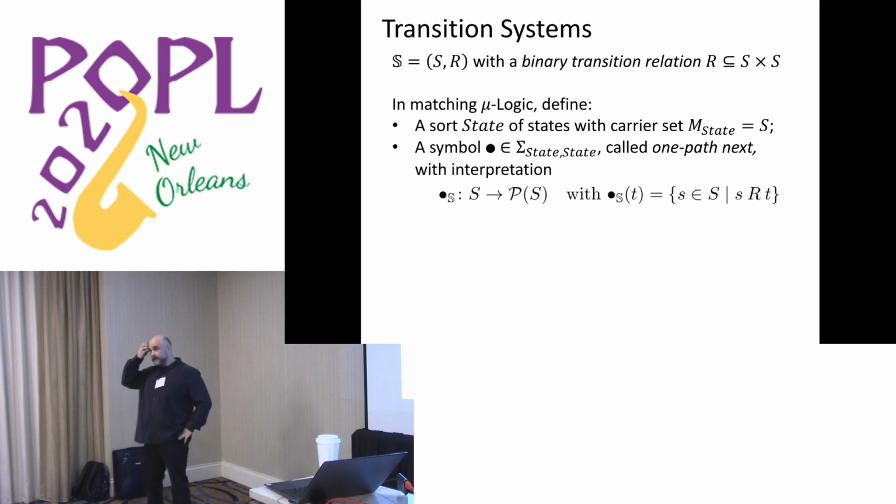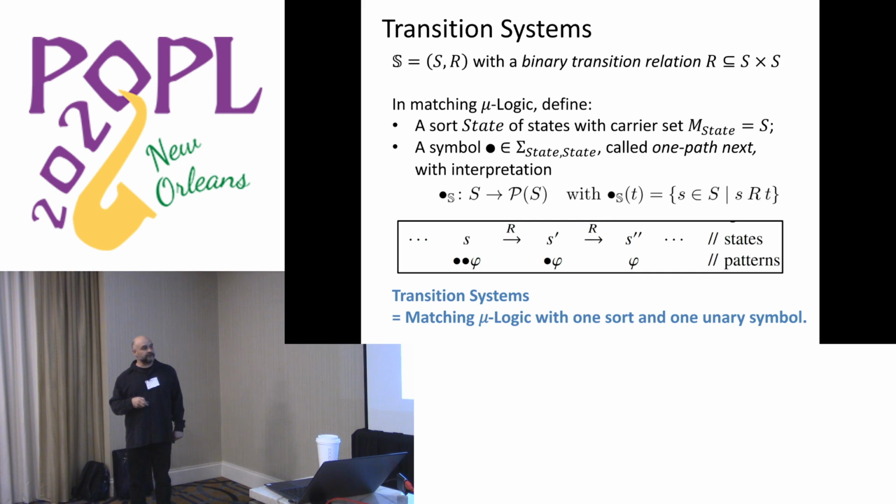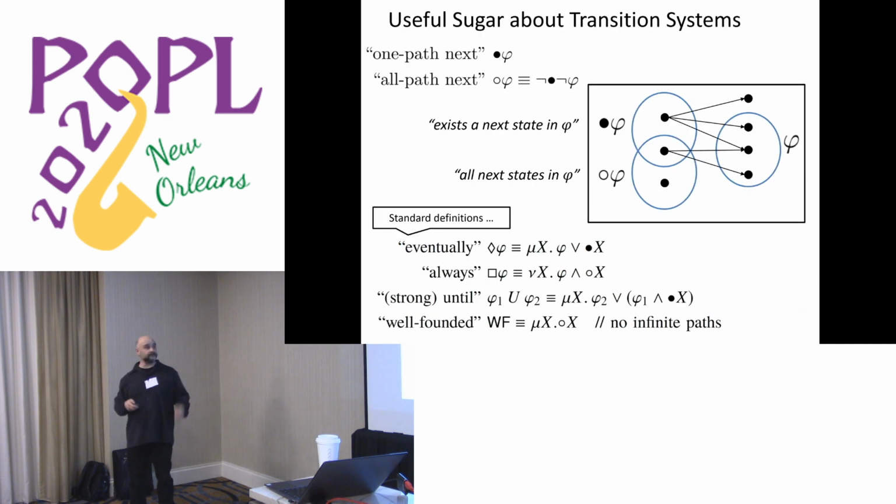All right, so let's go now closer to K. You can define transition systems pretty easily. All you have to do is define a symbol. You define a signature with a sort, let's say State, and a symbol. That symbol will be interpreted as a set anyway, so that's the transition relation that you need. The intuition here is that that symbol applied to phi, next, we think of it like one-path next. Phi means that I can go from here in one step to something where phi holds. So basically you are here and phi holds in the next state. So one symbol and one sort, you get transition systems.